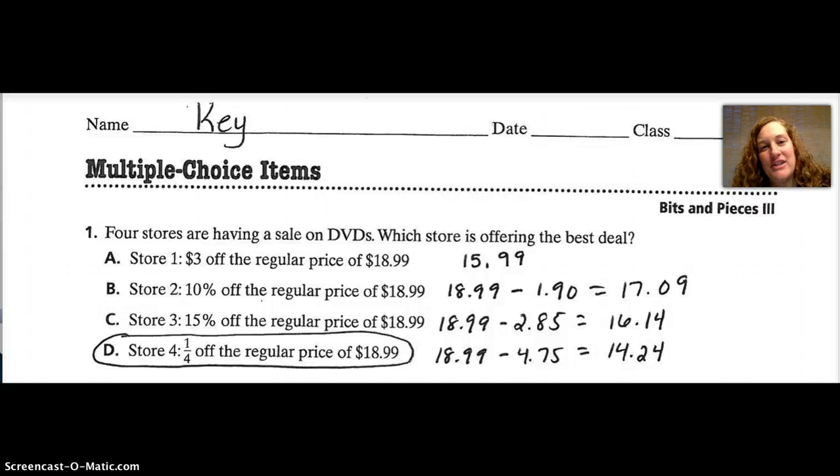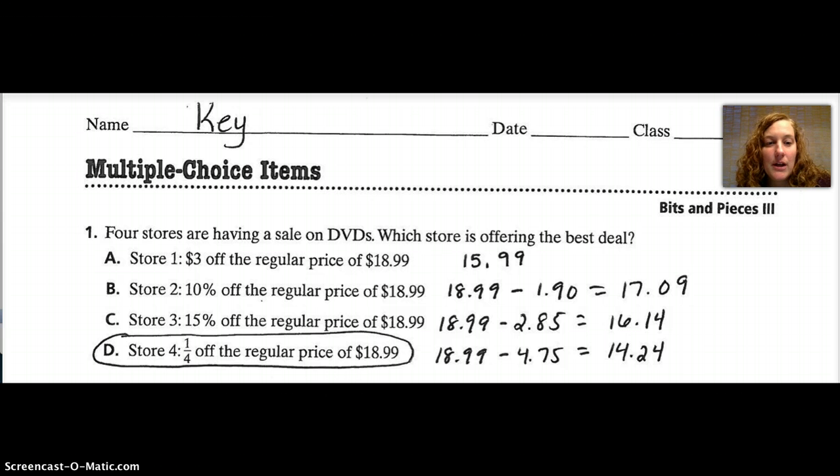We have finished our investigation 5, which was additional percents, and now we're moving on to reviewing for the unit, the whole book. We finished our Bits and Pieces 3 books, so we're going to review all of the operations that we did with decimals: addition, subtraction, multiplication, and division. So our review, the first review that we're going to do to prepare for our unit test, were these multiple